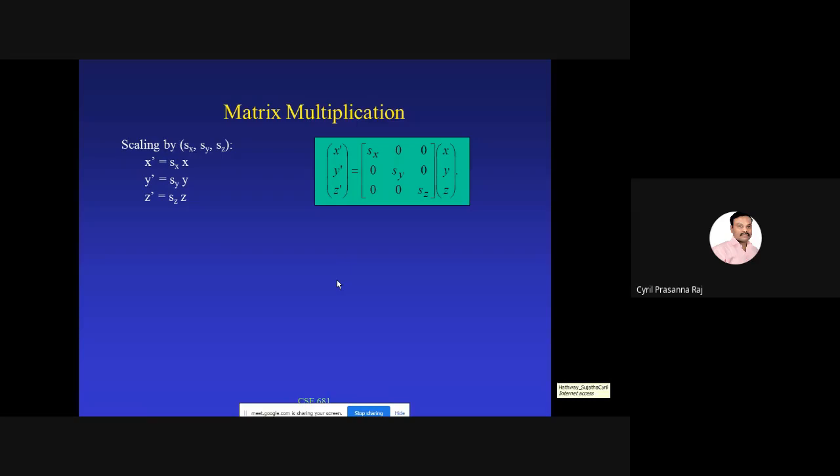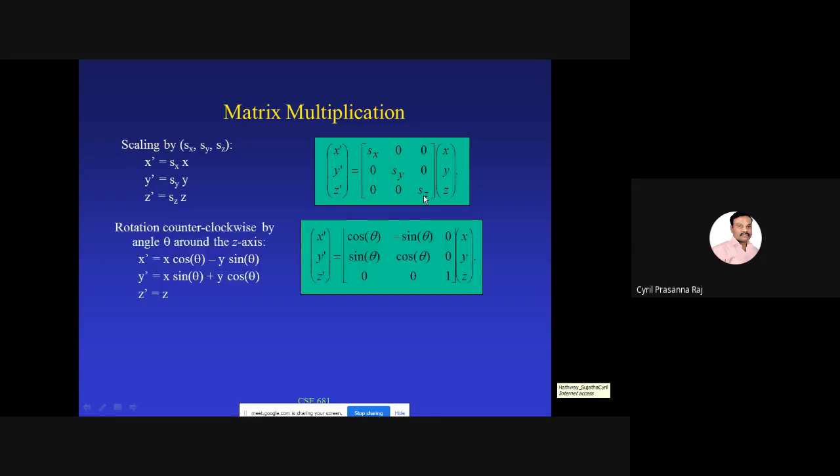Now, to perform the rotation, translation or scaling, it's a simple mathematical matrix operation. Your x comma y comma z are the pixels available in the original image. If you want to transform that x, y, z to x dash, y dash, z dash, you multiply the input pixels by a corresponding 3 cross 3 matrix, where, if it is a scaling operation, you come across xx, xy, xz, which are all along the diagonal.